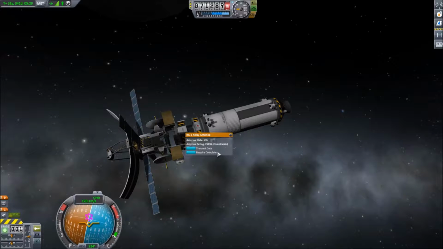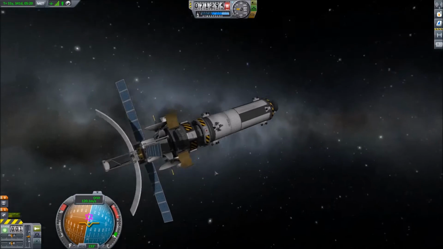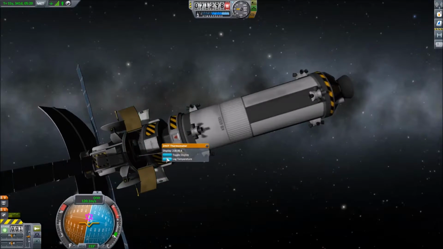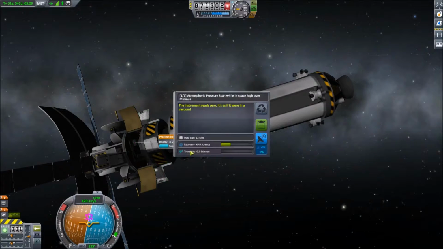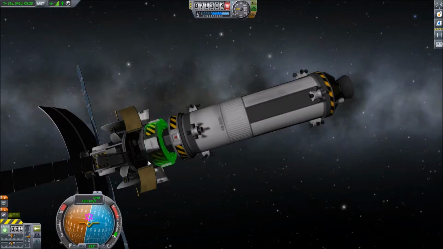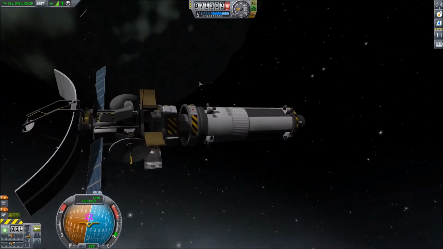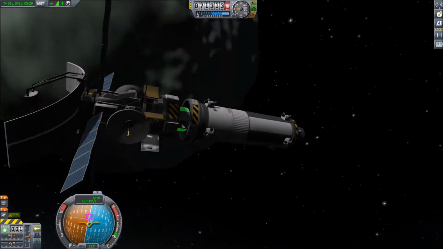So we have 2 relay antennas. They're much better than the other one. We have a few backup communication systems. Do we have any? We have some science collecting. Ooh, we can keep that. Do we have anything else? Can I send that one back? Nope. Okay, never mind. We have this relay thing, and then we could ditch this if we wanted to, but